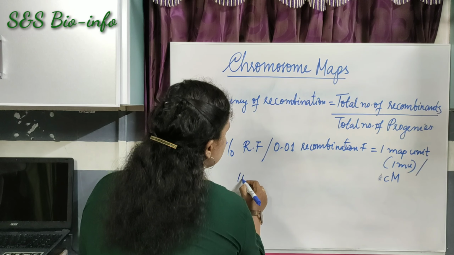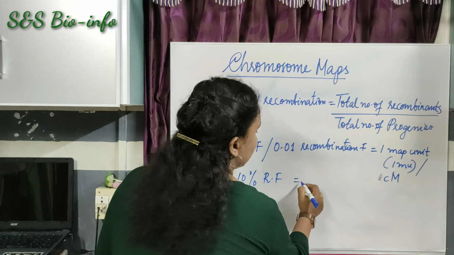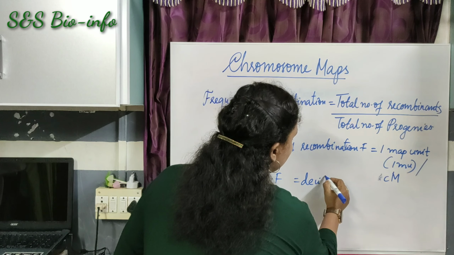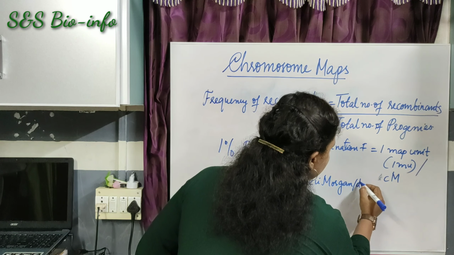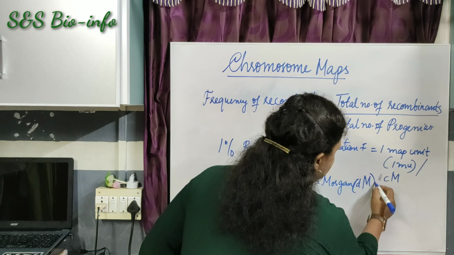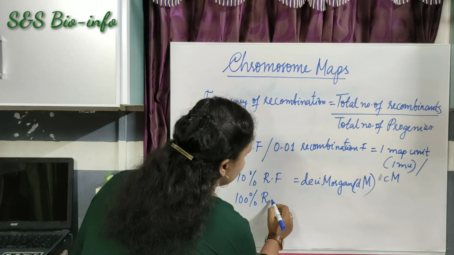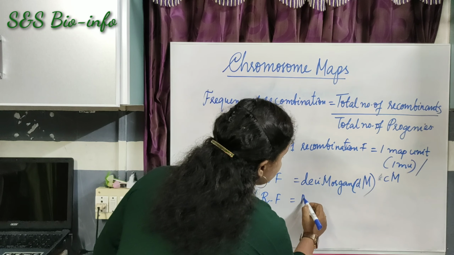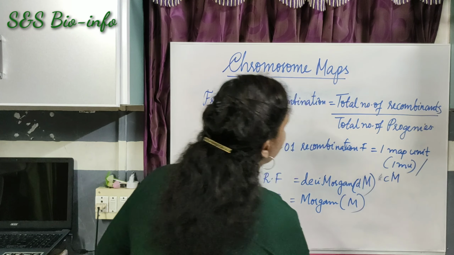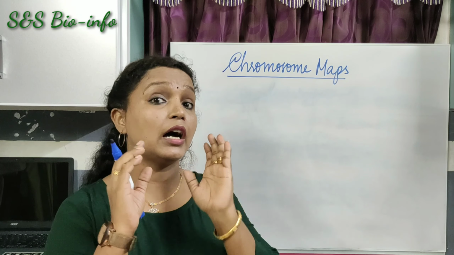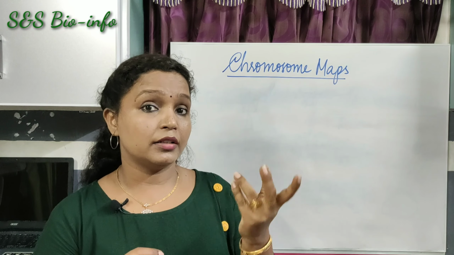So 10% recombination frequency means a decimorgan, or dM. And 100% recombination frequency means a Morgan, or M. You have to remember that when we studied linkage and recombination, Morgan's experiments,